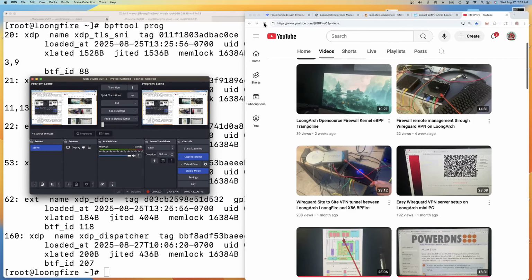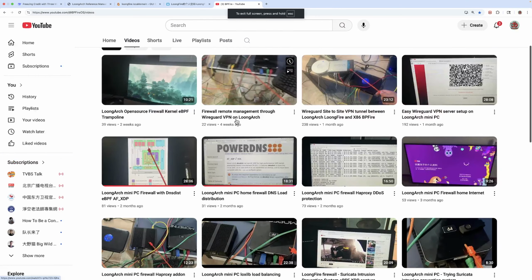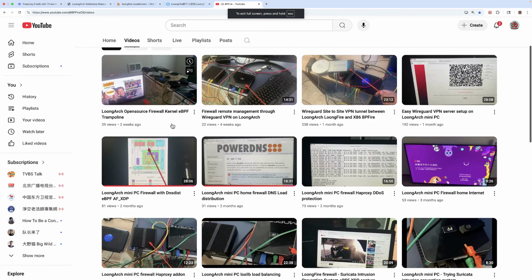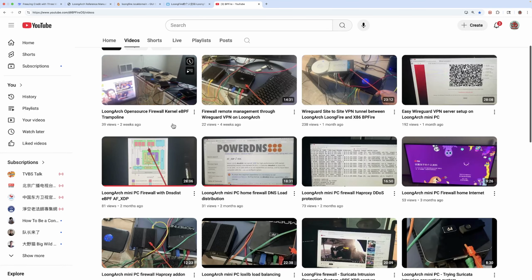Hi. So another update on the LoongArch mini PC open source firewall, and